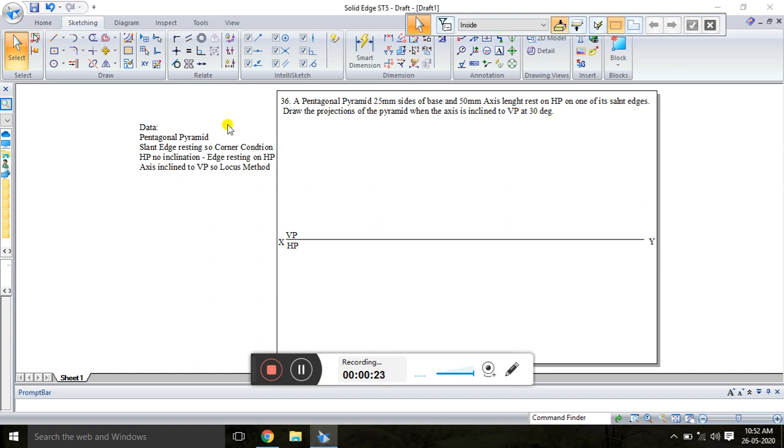So in that we have to take the data. First data is a pentagonal pyramid. Basically it is based on the pentagon and it is a pyramid. And second data, we have to see the condition. Here it is a corner condition. Why? Because in the second position the slant edge is resting on HP, so you have to